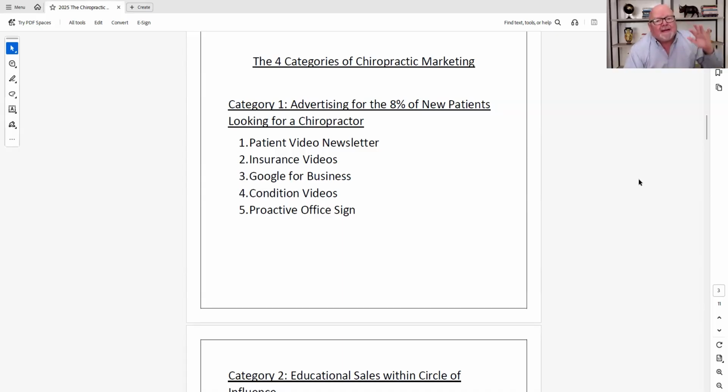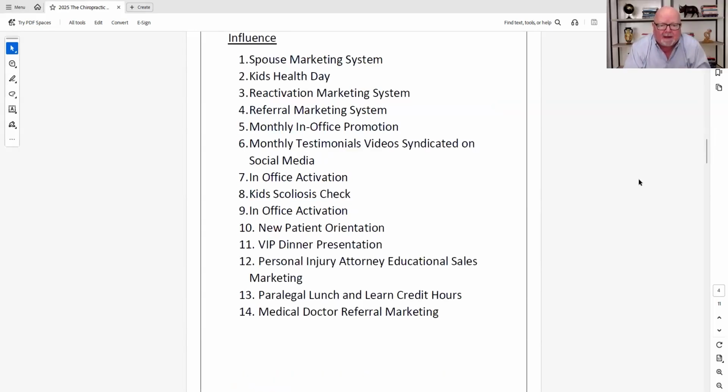The goal is not to keep chasing new people. That is not the goal. The goal is to bring them in and then build your tribe. Build your tribe. Communicate with them. Give them valuable information. Interact with them. It's to make your tribe. Your tribe is your patient base. It's to continually make it bigger and bigger. But you've got to continually communicate with them. That's why we do all these marketing systems.